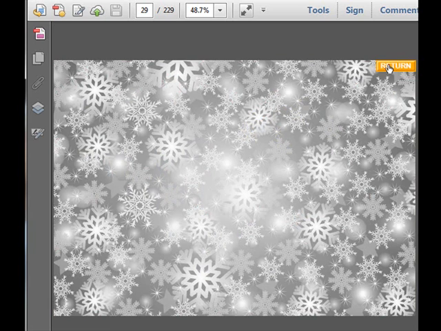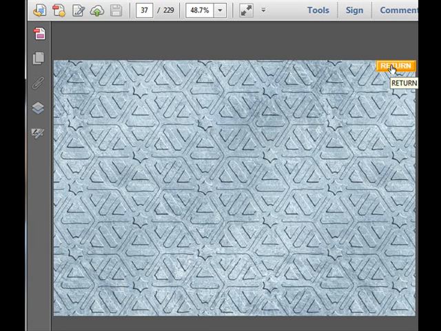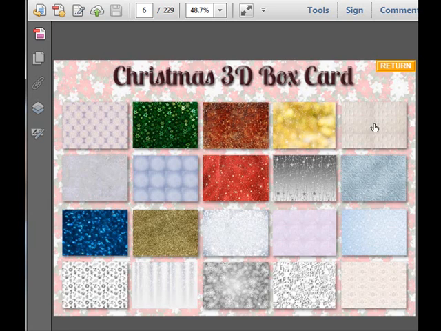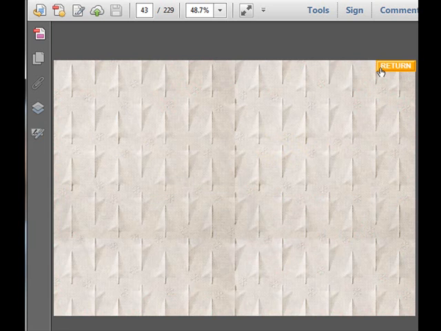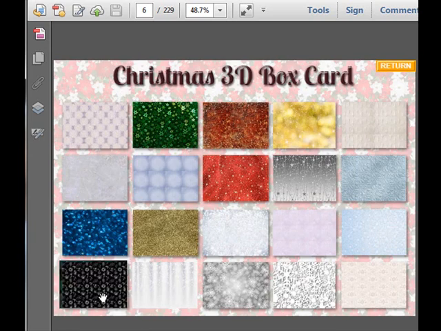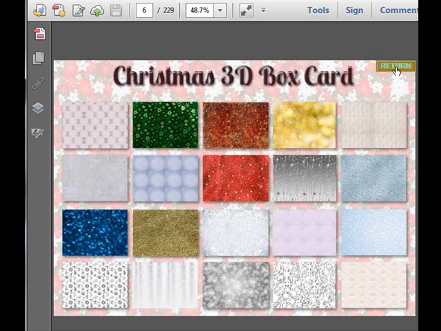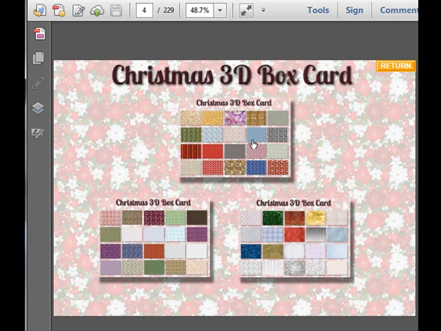And again, these are all new, nothing here is repeated on any of the other CDs, so it's just a way of, I think, adding extra elements to our backing papers ready to make our boxes, and then the templates will fit down within those. And last but not least, here we go, another black and white paper on there. So those are our backing papers, and then as we come back here,